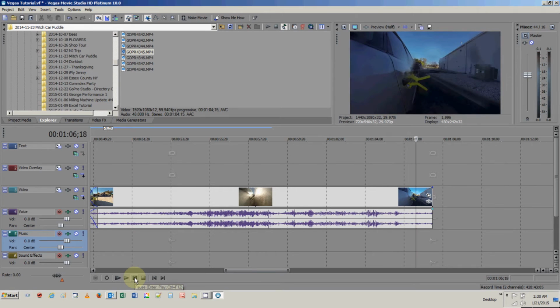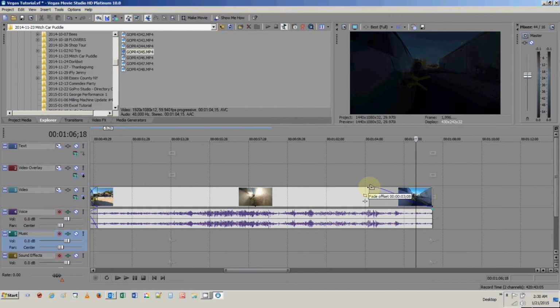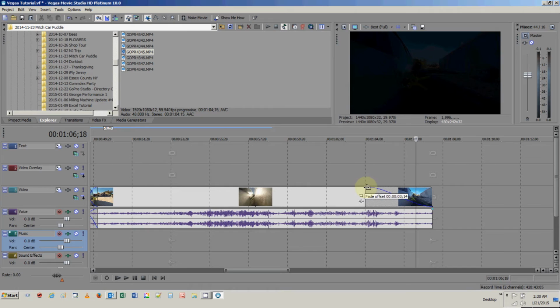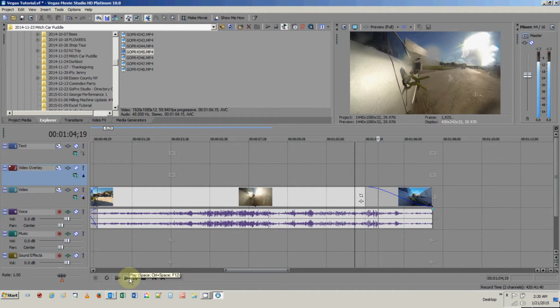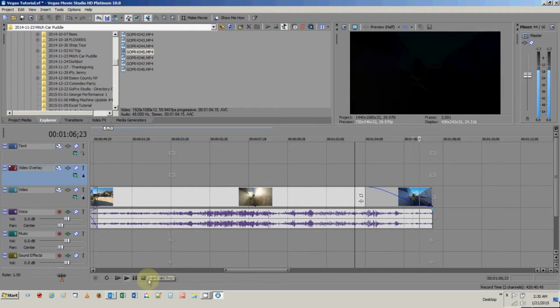And then right here we'll fade it out. And for me to fade this out is very simple. I just drag this back like this, and that's a fade out. So we'll do like 3 seconds, which is a fairly long fade. And it'll go like this, and it'll fade out.